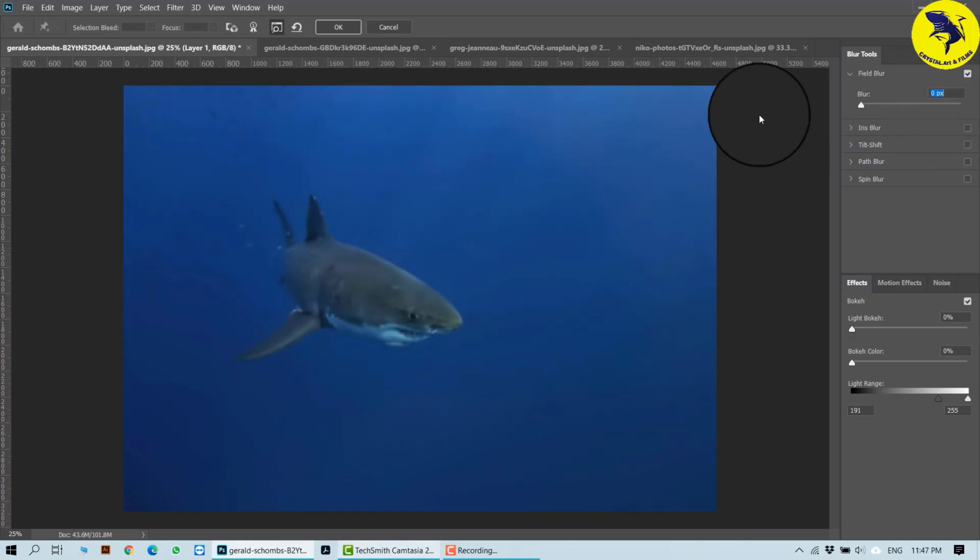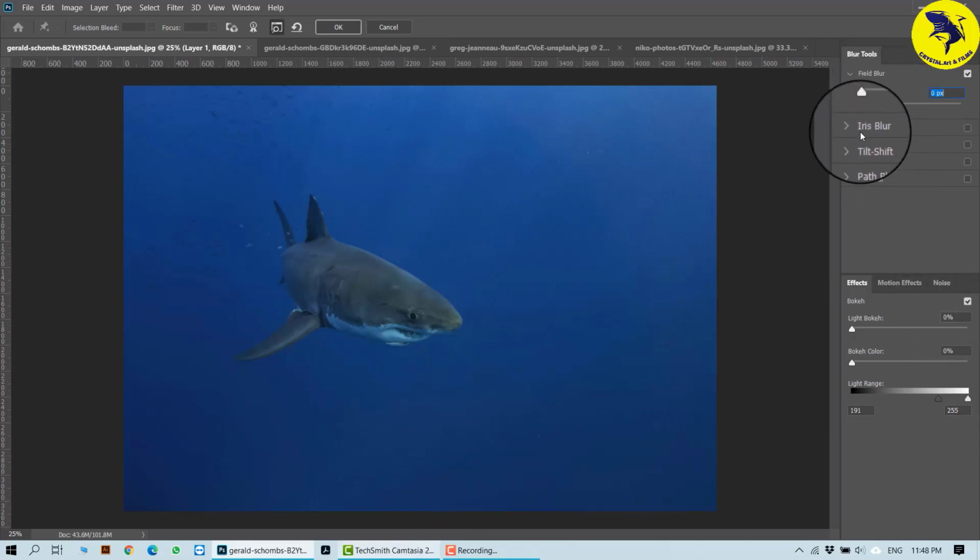Did you see that? Now if I click the blur here, the blur is happening from there. You can see at the top here the blur is happening and the fish face is still visible. Whereas if I click onto its eye and blur, you see that area is being blurred. So Field Blur is where you select which field you want to blur and go for it.